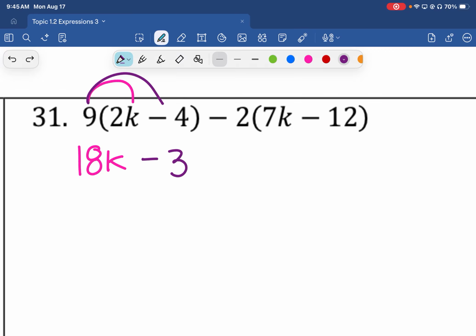No, 36, my bad. All right. Now, we're going to distribute negative 2 times 7k to get, then we will do negative 2 times negative 12 to get,